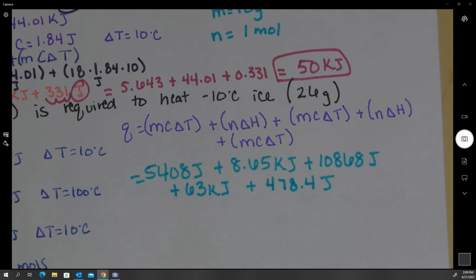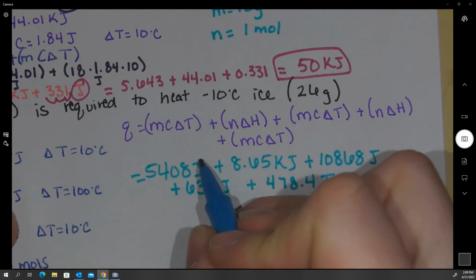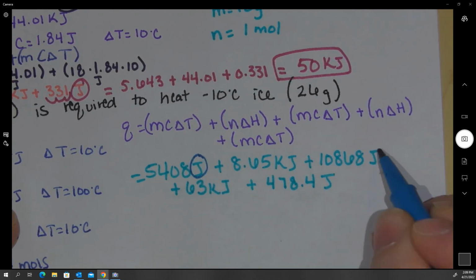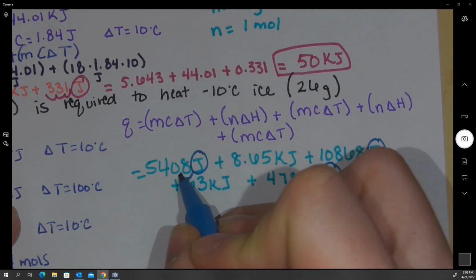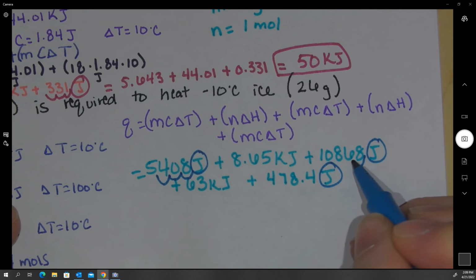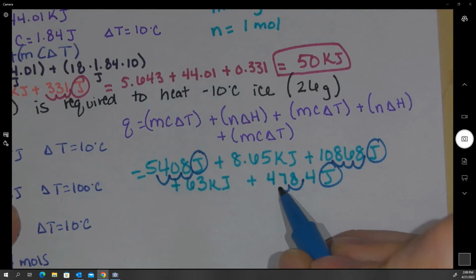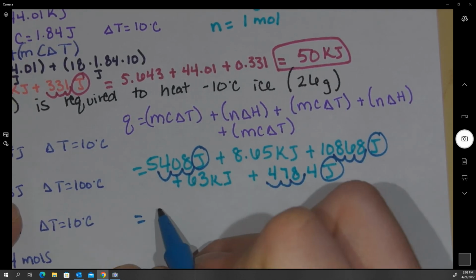All right, what do I need to do at this step? This is divided by 1,000. Yeah, I've got to convert my J's to kilojoules. So I do that by dividing by 1,000 or moving the decimal 3 places. So my new numbers are going to be